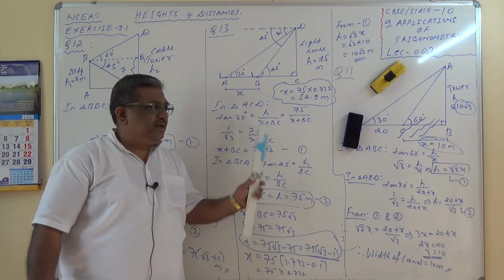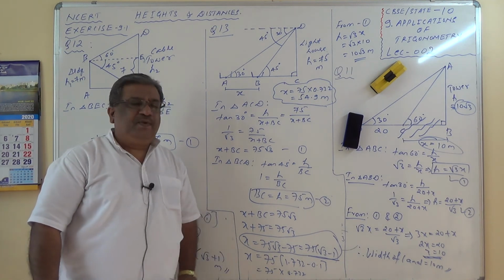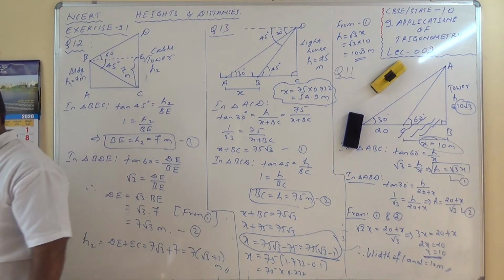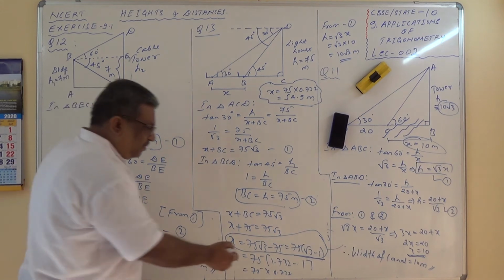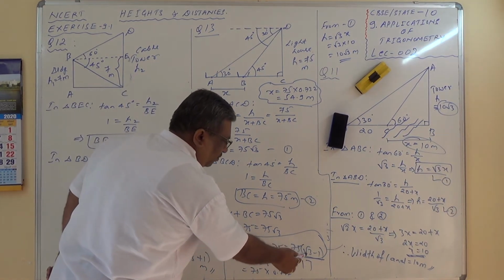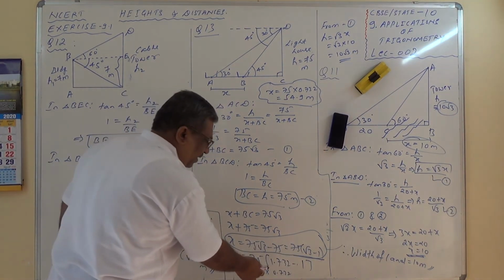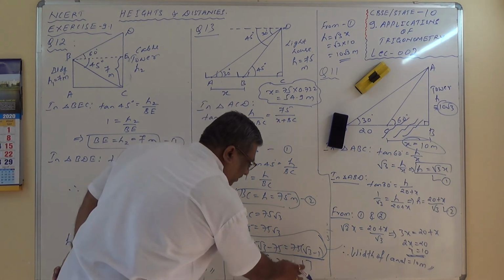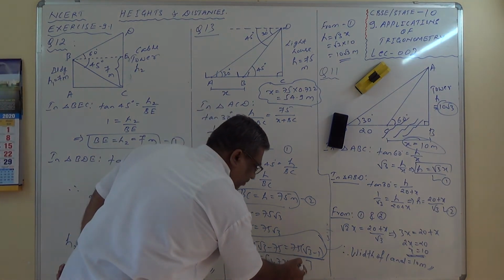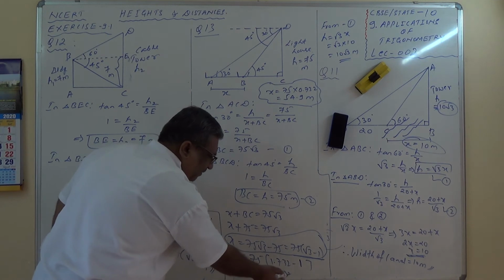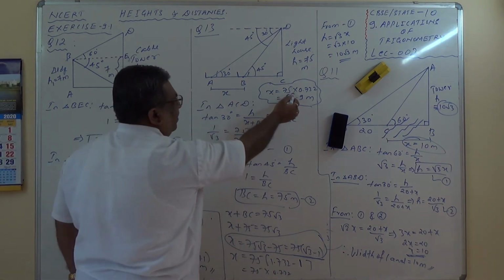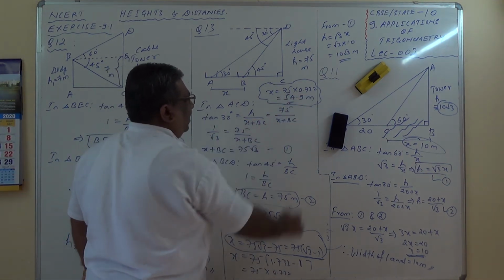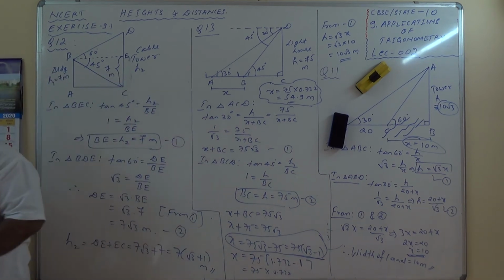I hope you are able to understand. Practice these sums a lot. Okay, so make a note of this. See students, here 75 into root 3 minus 1. So 75 into 1.732 minus, I had written 0.1, I think it is minus 1. Okay, so which is 0.732. So multiply 75 by 0.732 to get 54.9 meter. Make a note of this.